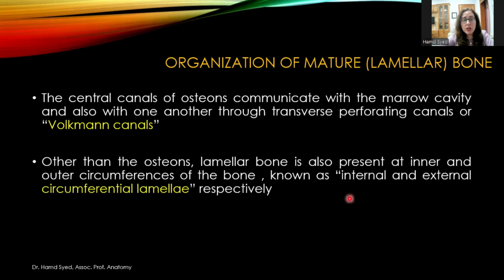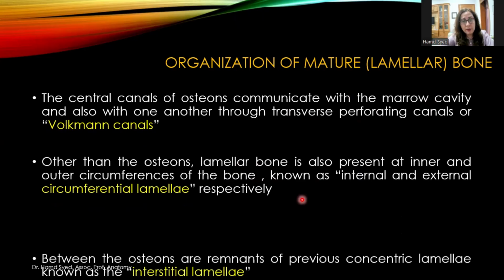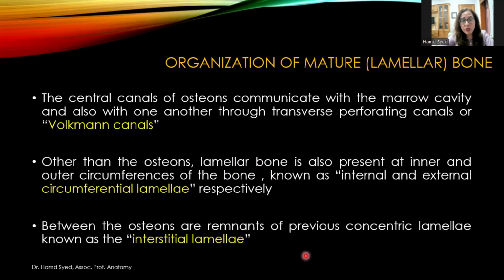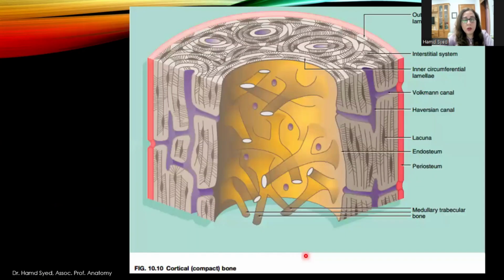And other than osteons, lamellar bone is also present at the inner and outer circumferences of the bone. And these are known as the internal and external circumferential lamellae, respectively. Between the osteons are remnants of previous concentric lamellae, which are known as the interstitial lamellae. So now we're going to look at all of these different parts of the bone that I just mentioned in